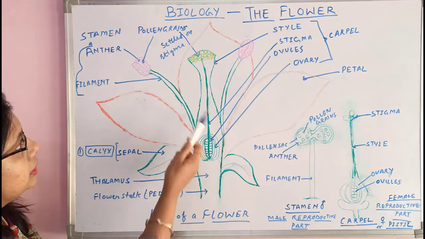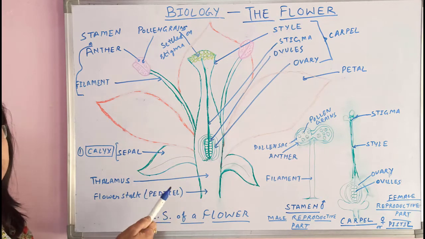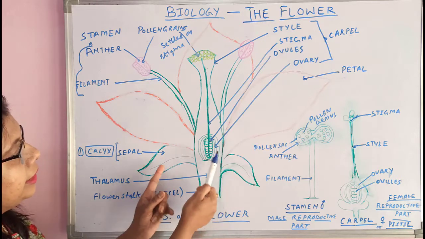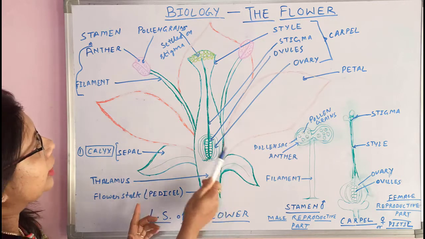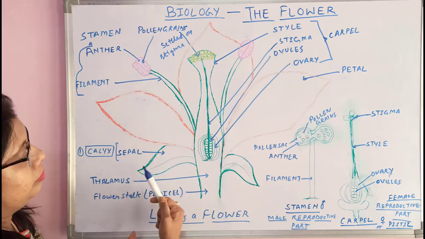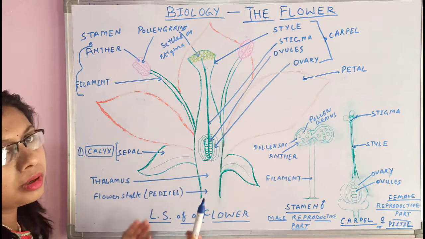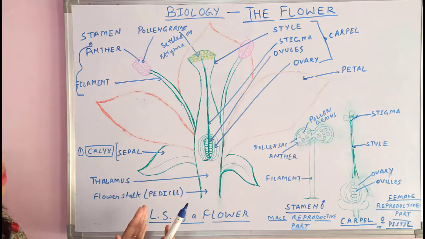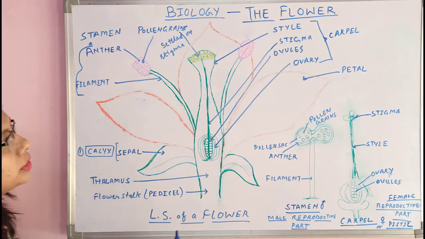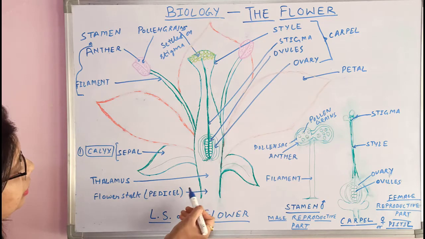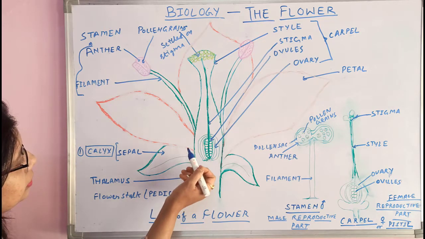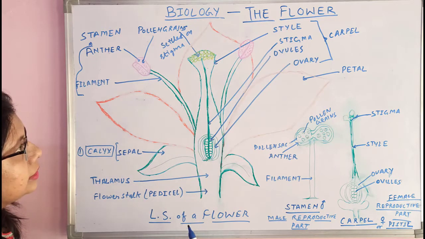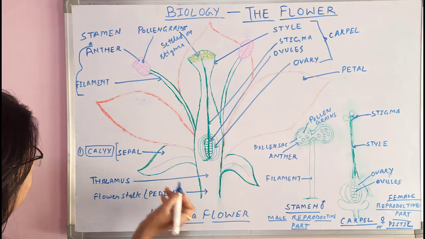Now whenever you examine a flower and open it, you will see the floral parts are arranged in such a way that you can call them whorls, यानी एक के बाद एक परत में वो arrange होते हैं. There are 4 whorls you will find in a flower. The first one is sepal, then petal, then androecium and gynoecium, like this. These 4 whorls are there.